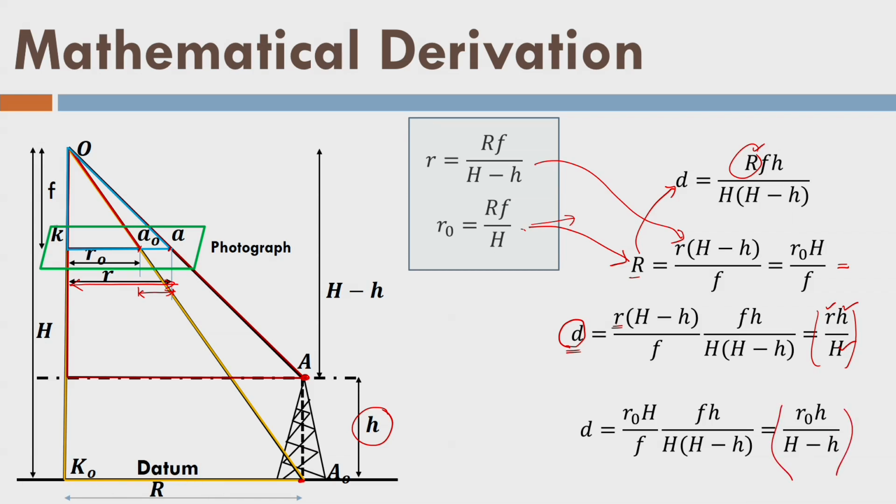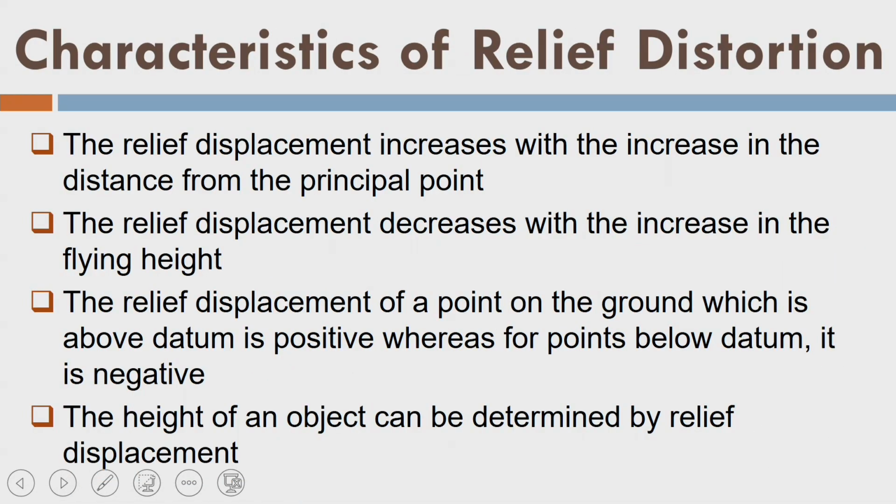Similarly, you can derive this. Instead of putting this expression here in this equation, if you put this expression in this r, you will get this expression. And so that is the idea here. That means even if you measure the r0, which is nothing but the distance of the image point a0 from the principal point, and a0 is nothing but the image of the bottom of the tower or bottom of a building or anything, fine, you can still find the displacement of the image of a point A because of its height above it, and that is what we call relief displacement on a vertical photograph.